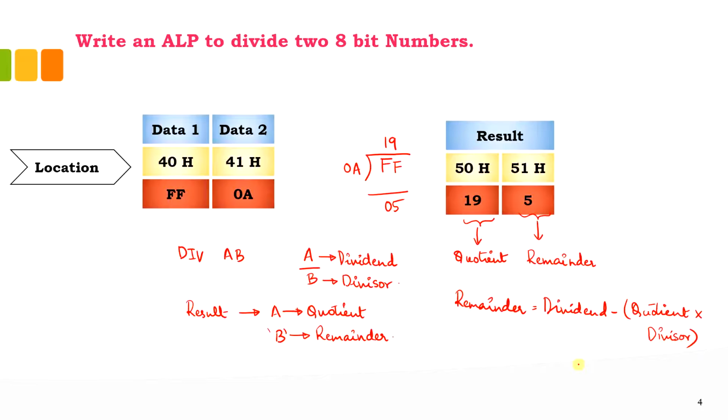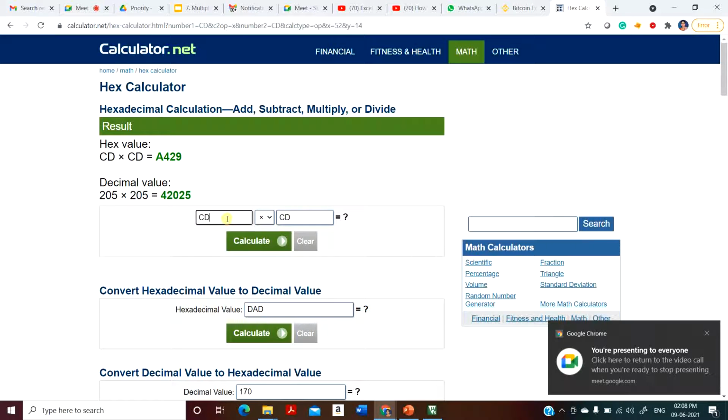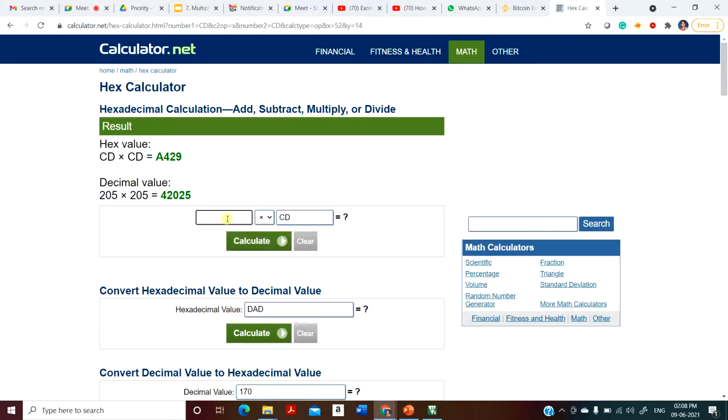Because I cannot show you the calculator here, let me quickly show you using the online tool that I have. I was using FF as the dividend and I need to divide this with 0A.